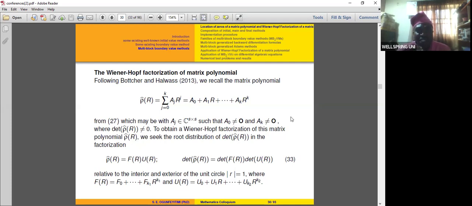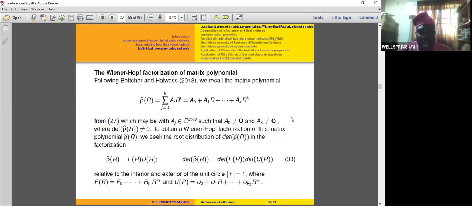To obtain a Wiener-Hopf factorization of a matrix polynomial, we seek the root distribution of a determinant of a polynomial in factorization form, which is given in 33. We have a matrix. Our mission is that when we have a matrix, we want to look for a matrix whereby when we split the matrix into 2, the determinant of one of the matrices will give us all the roots inside the unit circle, and the other matrix will give us all the roots outside the unit circle, as documented in equation 33, related to the interior and exterior of the unit circle,